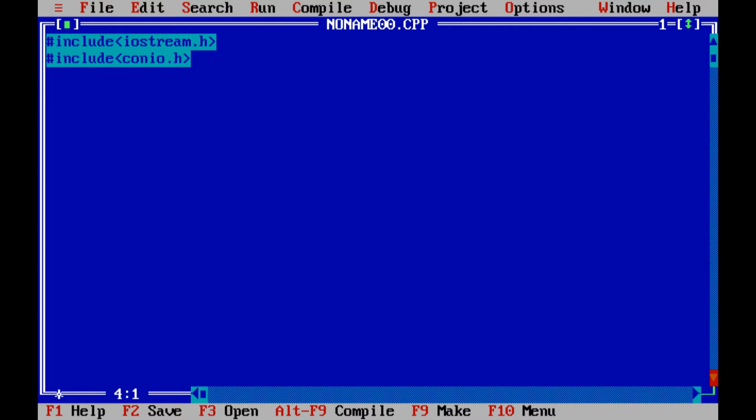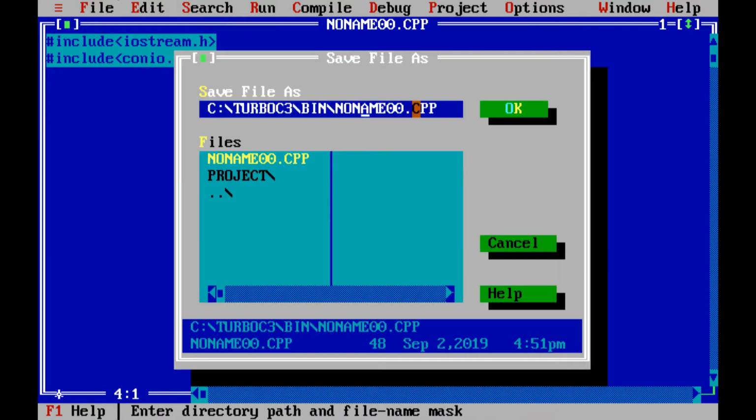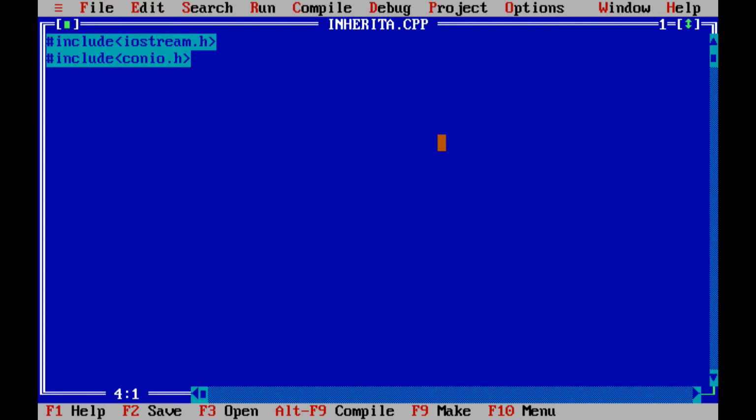Now, today we will be seeing the three different types of inheritance, that is public, private and protected. So, I am saving the file first. We are seeing the inheritance, which is one of the features of object-oriented programming in the Turbo language, Turbo C++. I have included two files, that is